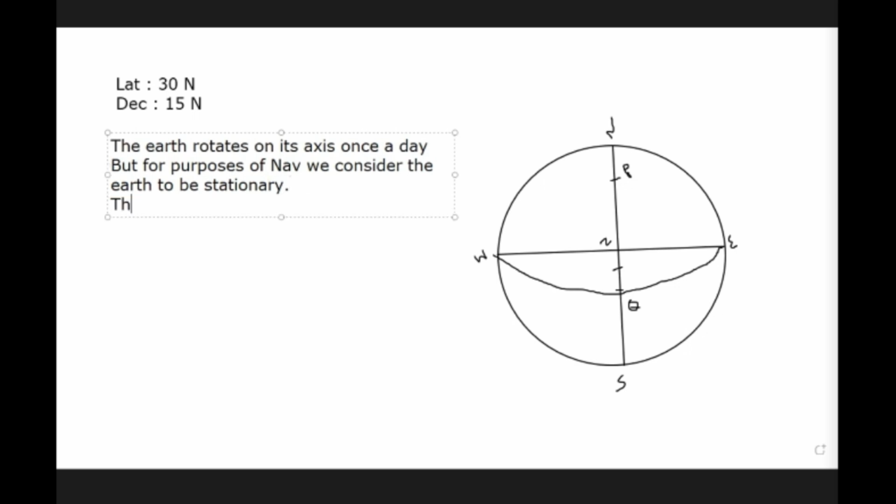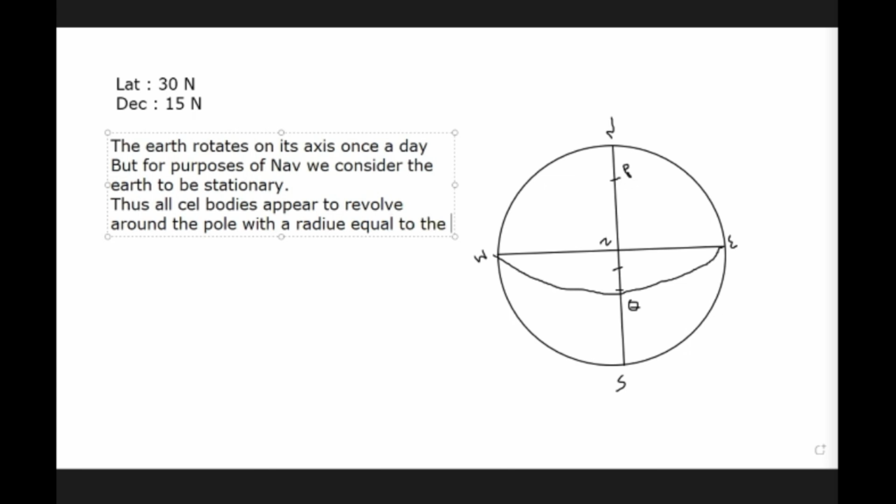Thus, all celestial bodies appear to revolve around the pole with a radius equal to the polar distance,